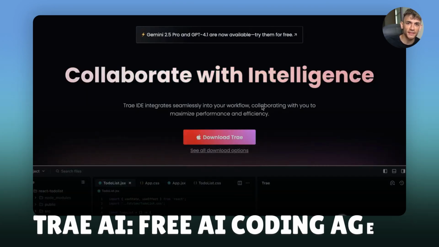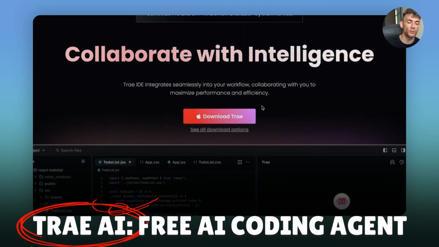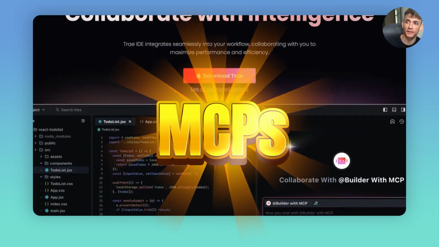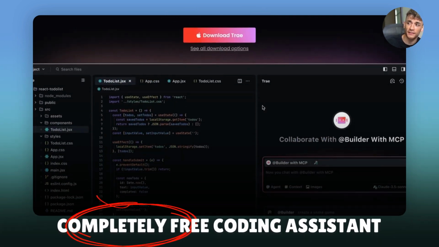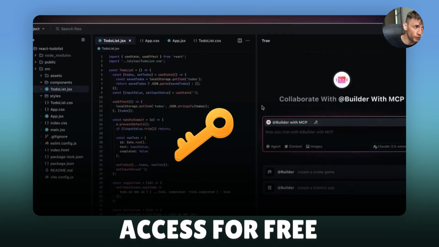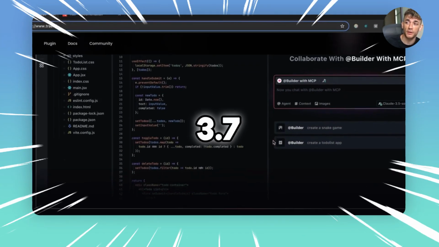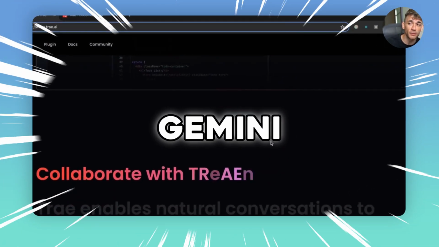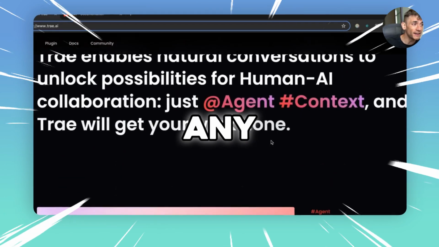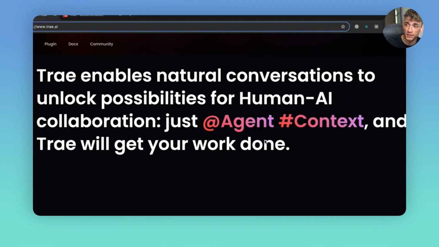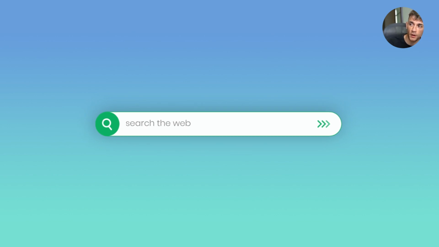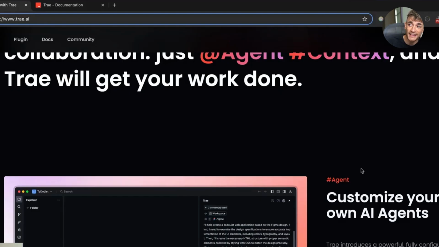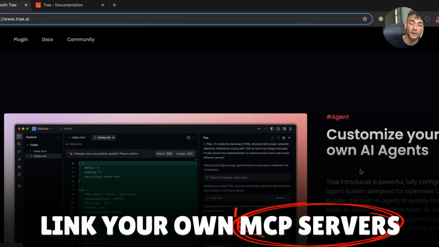Trae AI, this free AI coding agent with MCPs is absolutely insane. So what if I told you there's a completely free coding assistant that now gives you access for free to GPT 4.1, 3.7 from Claude and Gemini 2.5 Pro without any limits from what I can see. Additionally, this is not like some sort of limited trial. You can actually search the web whilst coding, create custom agents, and even link your own MCP servers without paying